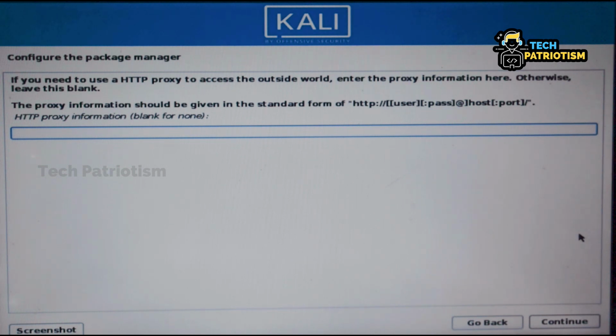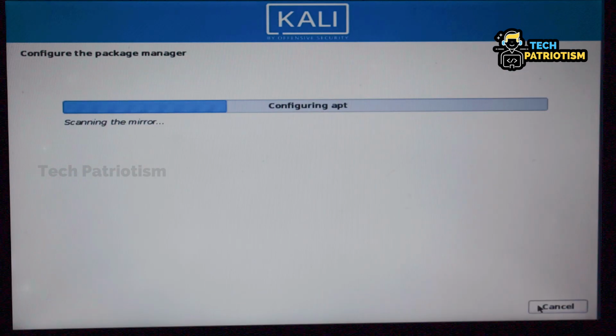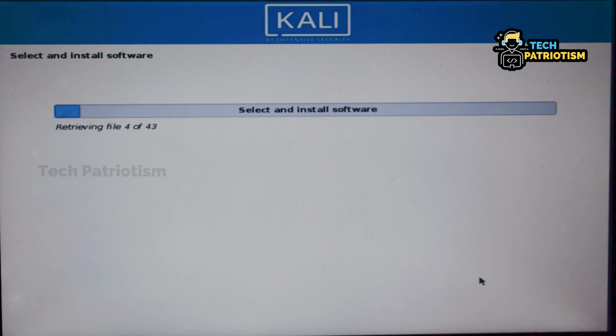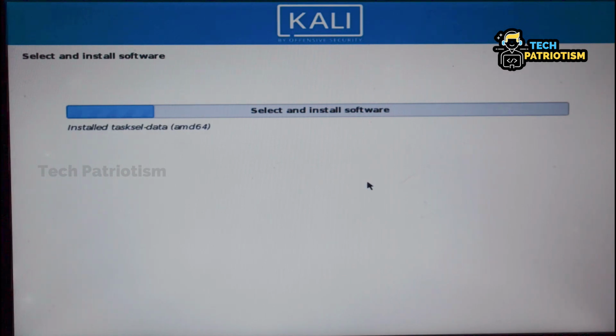This is a proxy setting. You just leave or ignore it. That's it, this is not a necessary thing. Click continue, configuring the package manager. Please wait because it will install a lot of drivers. It may take half an hour too.